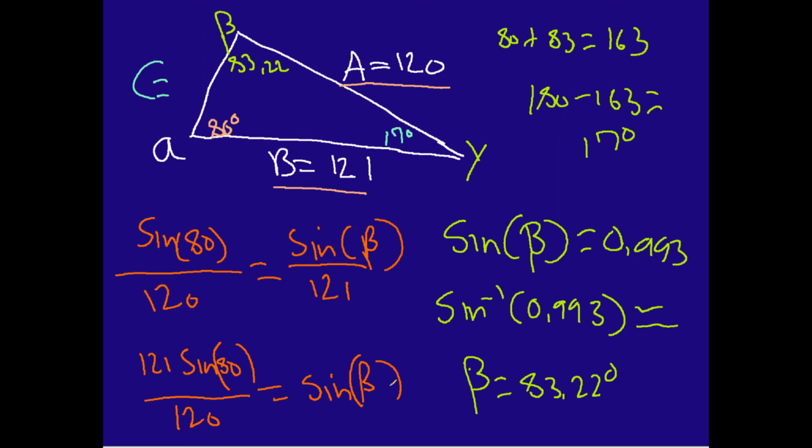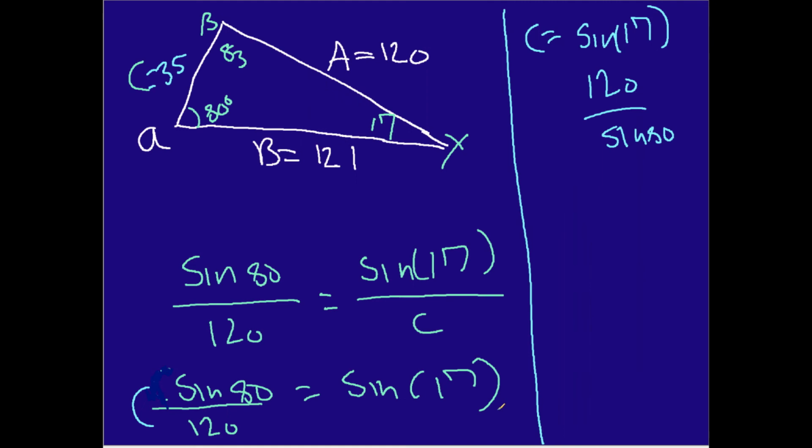So this is all basic algebra right here, nothing new or unique. But when you finally get close to the answer, when you get the sine of beta equals whatever in decimals, you have to use the inverse of sine, arc sine if you will, to get the actual answer in terms of degrees. And so then on this page, we just tried to figure out what the last side was,